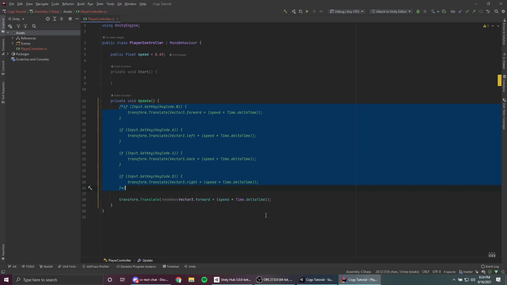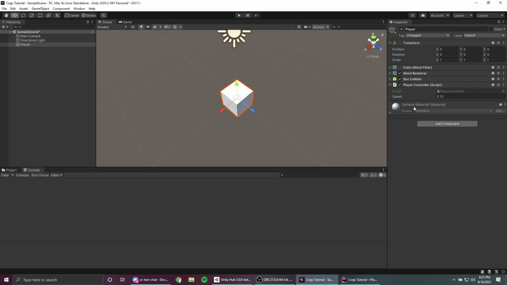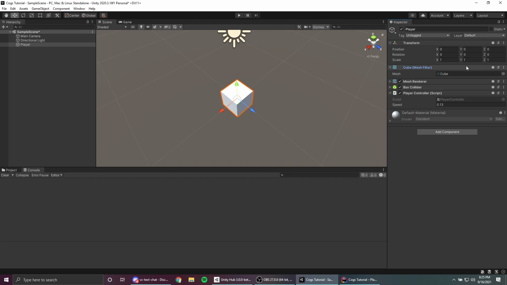So, basically the way scripts work, let me just go over this, is they modify components, right? So if we want to move, we're going to modify the transform component. If we want to draw a thicker line, we would modify the width property of our line renderer. If we want to rotate, we'll change the rotation of the transform. If we want to change the shape of an object, we will change the mesh in the mesh filter. Right? Everything works through modifying these specific